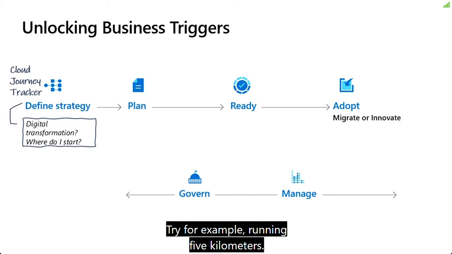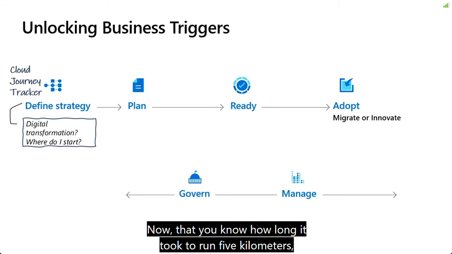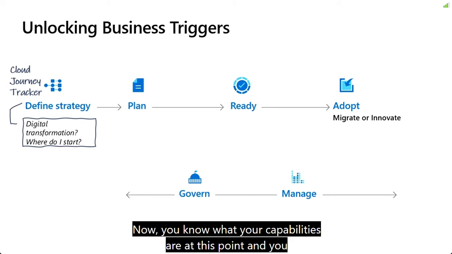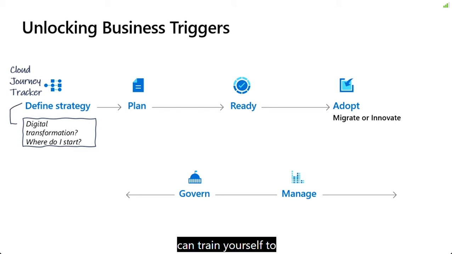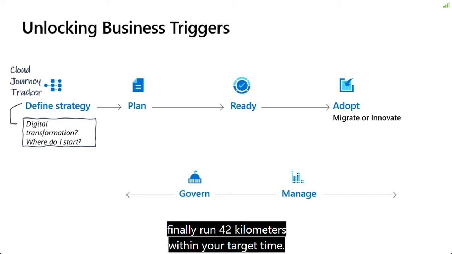So try, for example, running 5 kilometers. How long did it take for you to run 5 kilometers? How did you feel after running 5 kilometers? Now that you know how long it took and whether you felt really tired, now you know what your capabilities are at this point, and you can train yourself to finally run 42 kilometers within your target time.